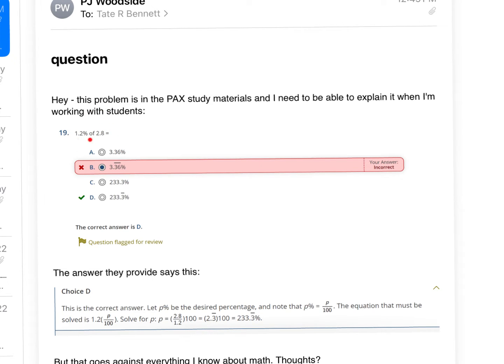You want to figure out 1.2% of 2.8. So let's look at the percent part first. 1.2%, percent means per 100. And so, if you drop the percent, it means per 100, it means divide by 100. And so this equals